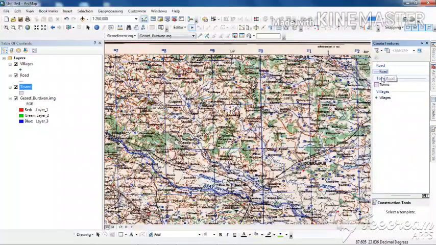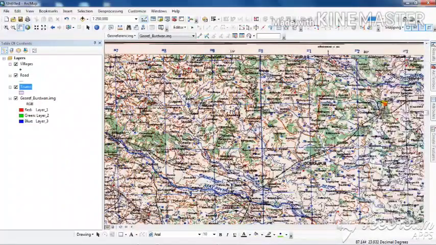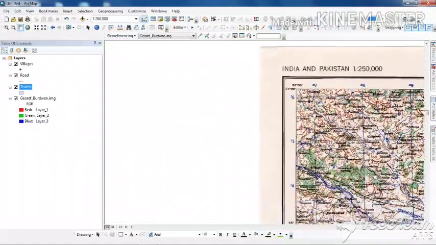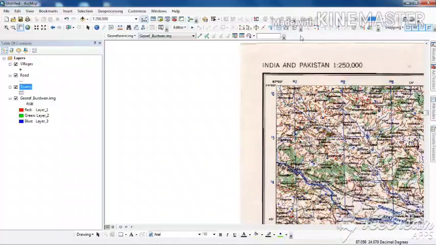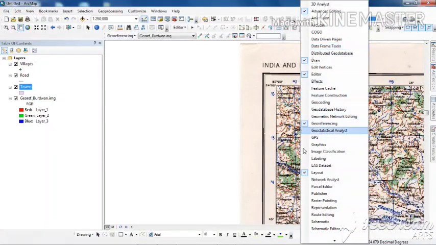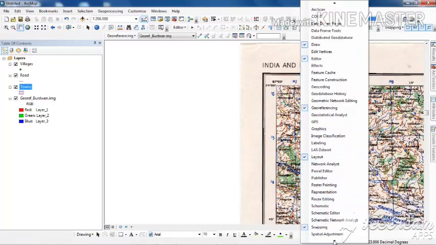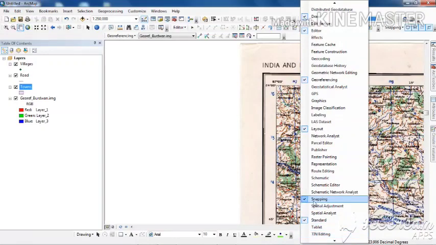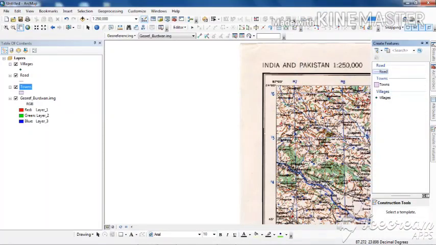That is a line feature, polygon feature and point feature. Now I will start off with digitization. And before starting off with the digitization, I will just do one thing. I will just check whether the snapping is on. You just see the snapping is on over here. So this is the thing we should keep in mind.